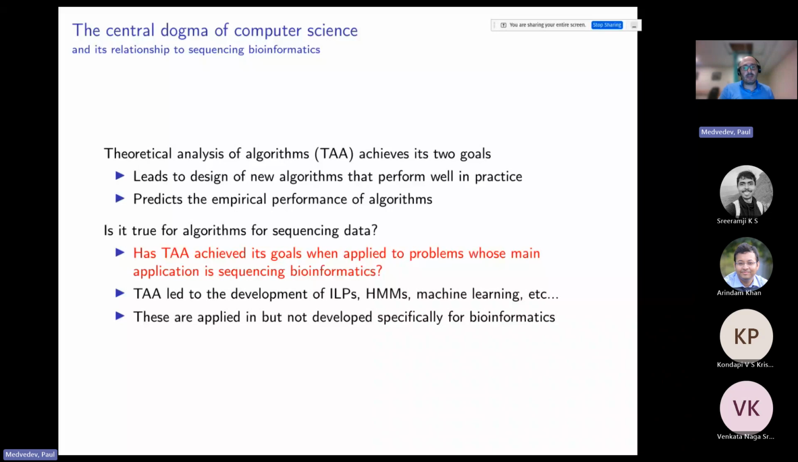So as computer scientists, we're born into this field with certain dogmas, things that are kind of true that we perhaps never really questioned. Here, the dogma of computer science is that theoretical analysis of algorithms actually does achieve its two goals. By doing this, we have designed algorithms that work well in practice, and we are generally able to use these formulas to predict empirical performance, right? And undoubtedly, there are several examples where this is true, and this dogma is